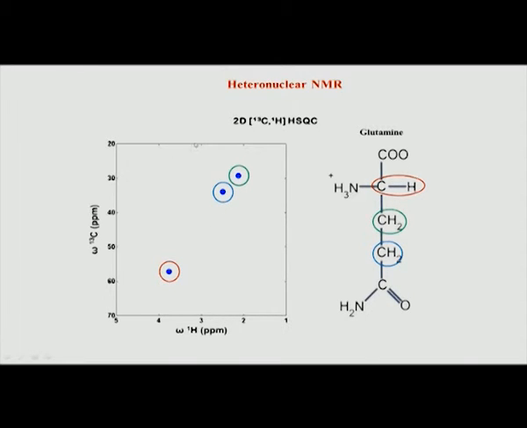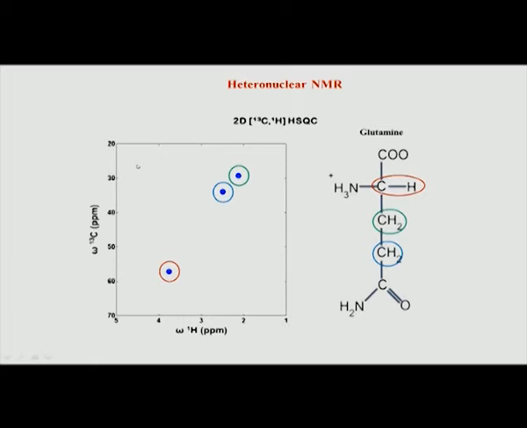So, this is how the spectrum of a simple molecule like this will look in HSQC. Here the interpretation is not based on J coupling and so on like we did in 1D, it is purely based on the knowledge of where the chemical shifts are expected to come. So, this HSQC is only telling you the peak positions. It is not giving you the information of proton-proton connectivity, which can be obtained only from COSY.